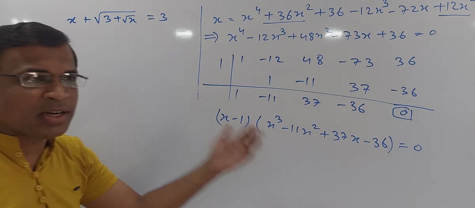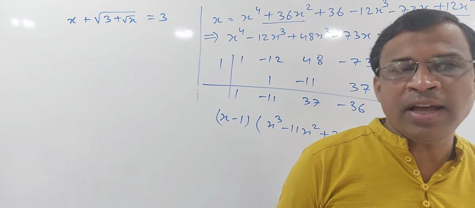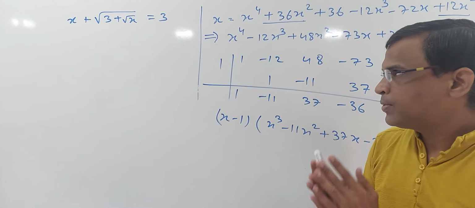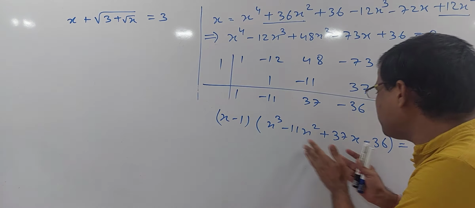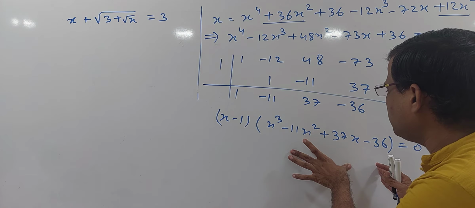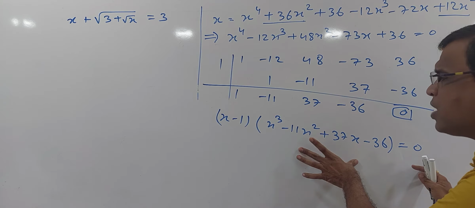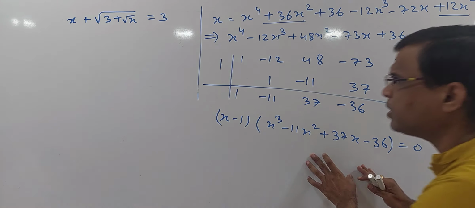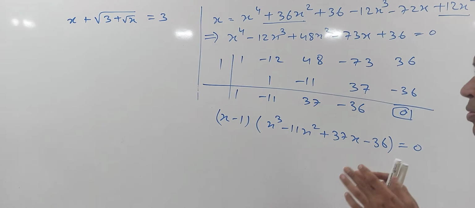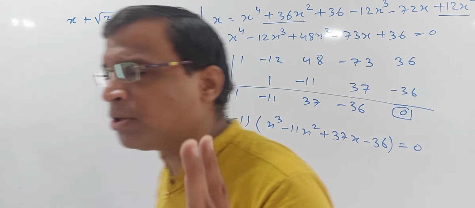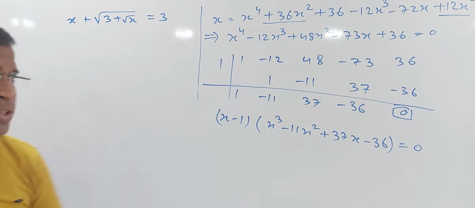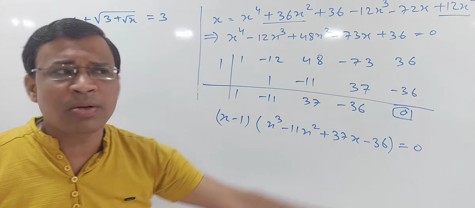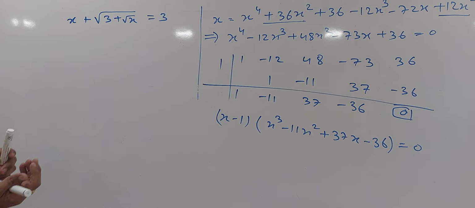Now in order to check the other zero, as I told in the beginning, I can have 2 or 3 more approaches for this. So we got this, and then we will check it out. Consider this to be an assignment. You can try to factorize this because in the earlier video we have done so many cases. We already used Descartes rule of sign and concluded that there should be 2 positive and of course 2 imaginary zeros. Why 2 positive confirmed? Because I already got 1 positive, so there should be another positive. But let us follow some other approach for this.